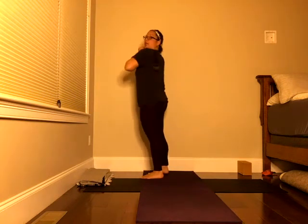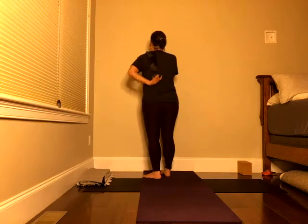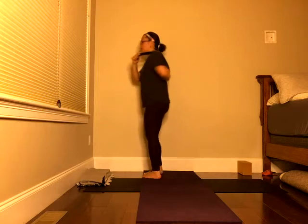So again, I'm just showing you this quick technique, but you could do this for a while just to help release any sort of tension through your shoulder blades. So to switch up on the sides, taking the ball just underneath your shoulder blade or on the side of your shoulder blade, come back to press it up against the wall, and then maybe you just leave it there and feel that release, that pressure point, and let it hold there, soften through your shoulders,